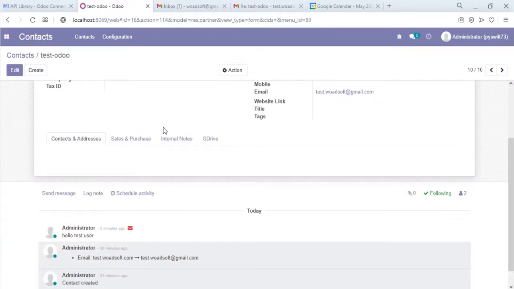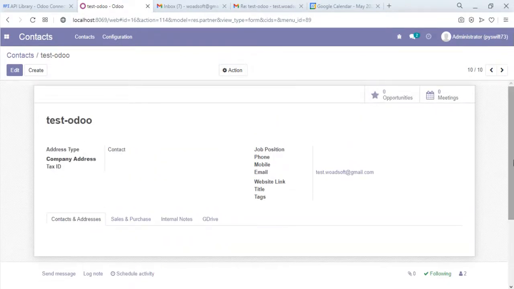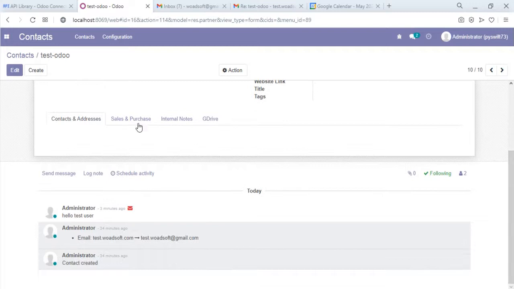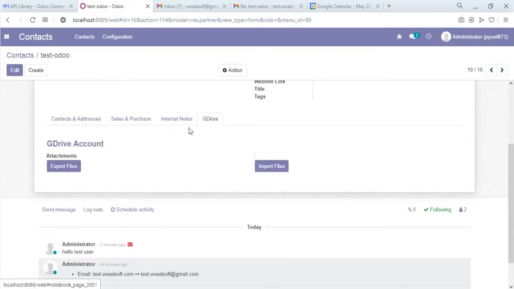And also you can send the email to different contacts. So the email part is done. Let's move to Google Drive. The Google Drive section is located in contacts, and each contact contains access to Google Drive. Let's suppose we are here in test Odoo, and here are the internal notes of GDrive,